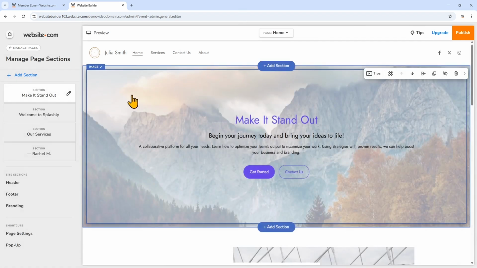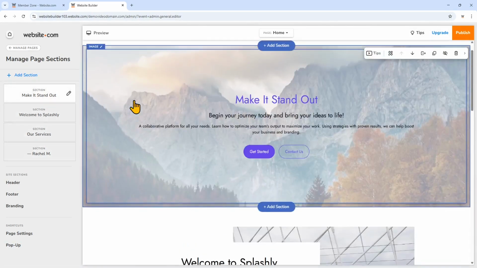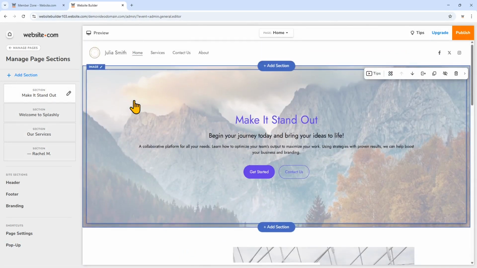We'll start here. You'll see that the website designs are made up of sections that contain text and different features like buttons, images, or media. You can customize the sections, you can add more sections, or delete the ones that you don't need. I'll go ahead and change the text in the welcome section.